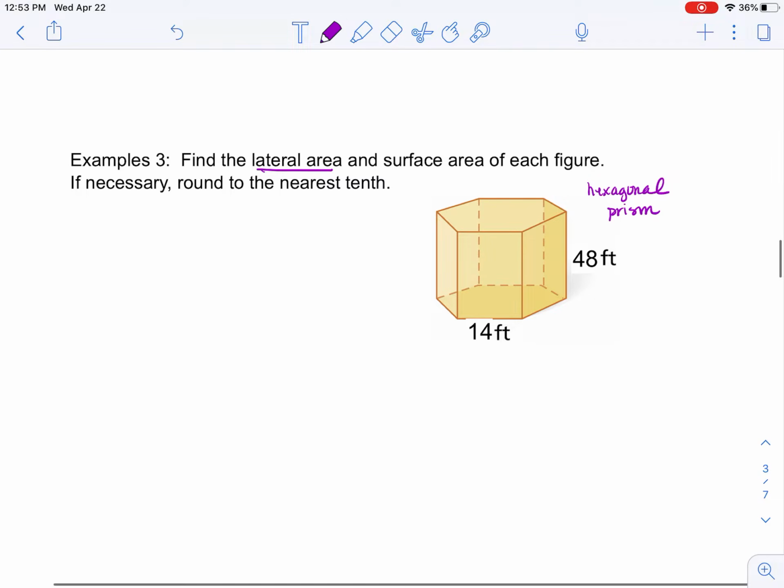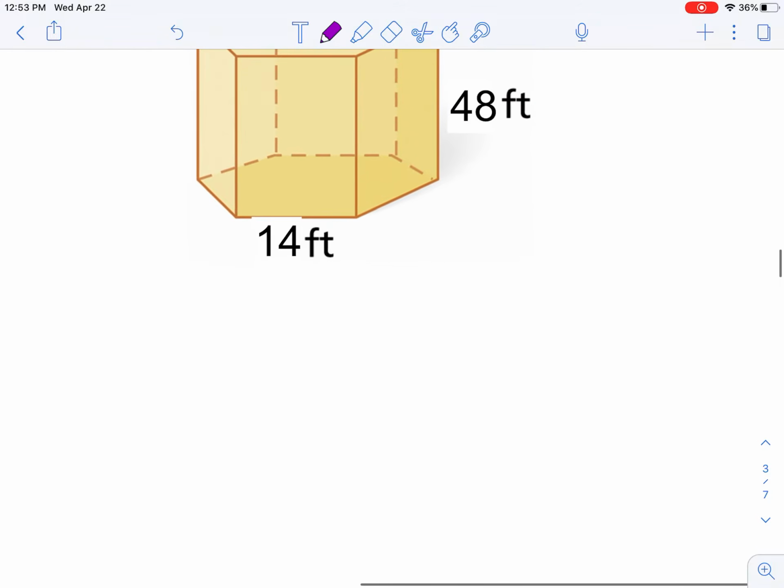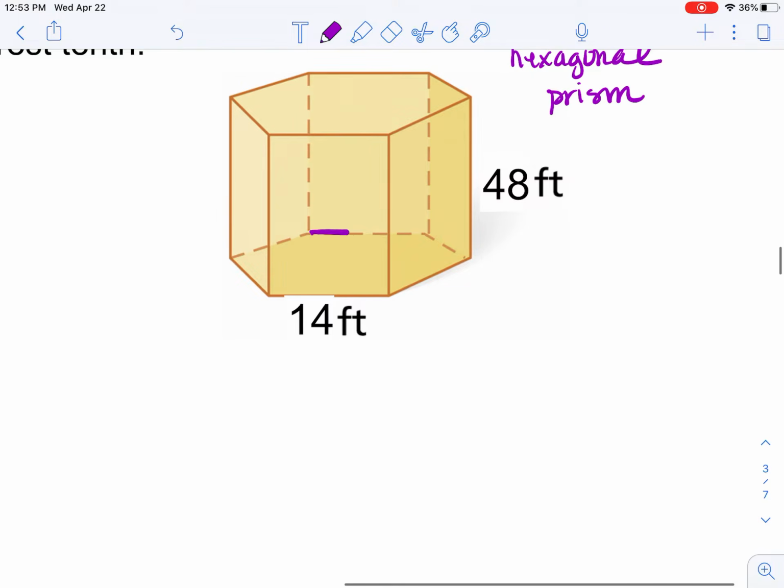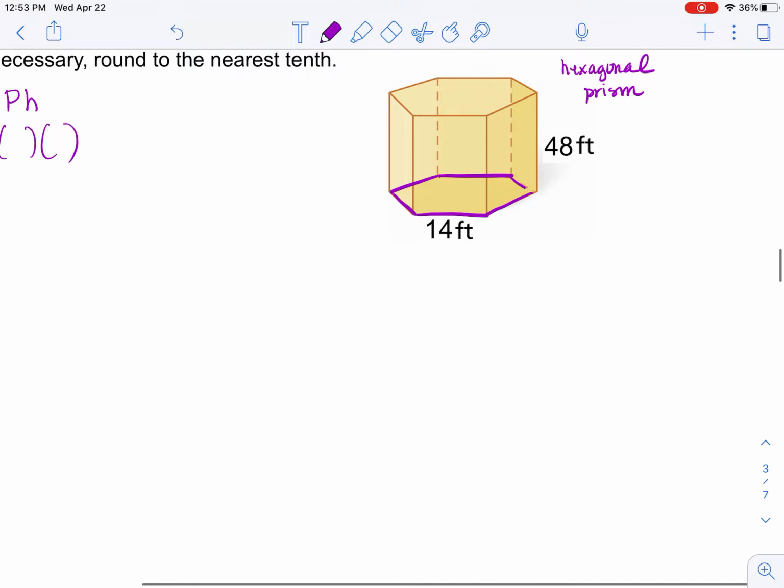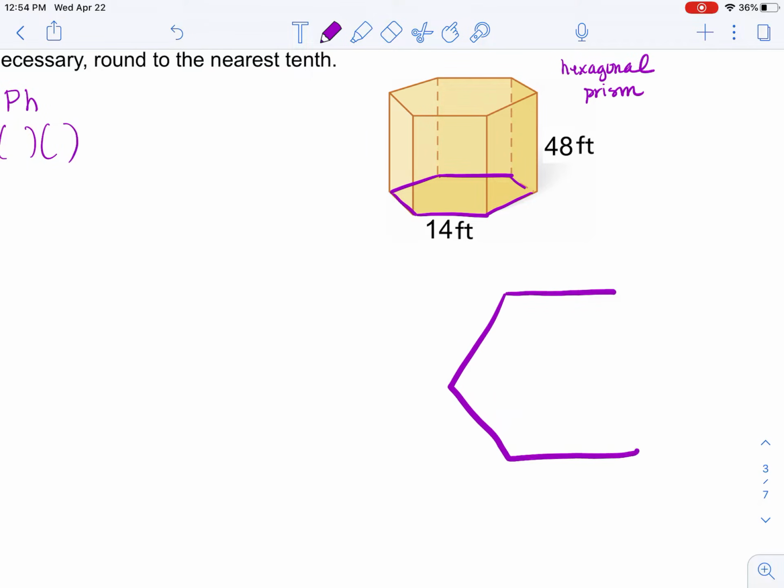Okay, so first off, lateral area. Lateral area is equal to perimeter of the base times the height. Okay, so I need the perimeter of the base and I need the height. So here is my base, which is a hexagon. You can redraw this. You don't have to. I'm going to redraw. Why not? Make it nice and big too. There, it's beautiful. Okay, and then I know this is 14 feet. Okay, so I need perimeter first. So perimeter,